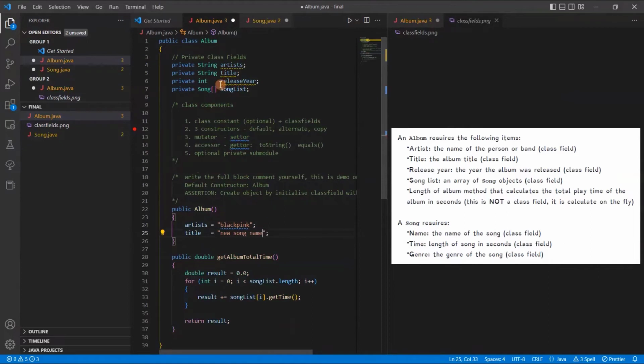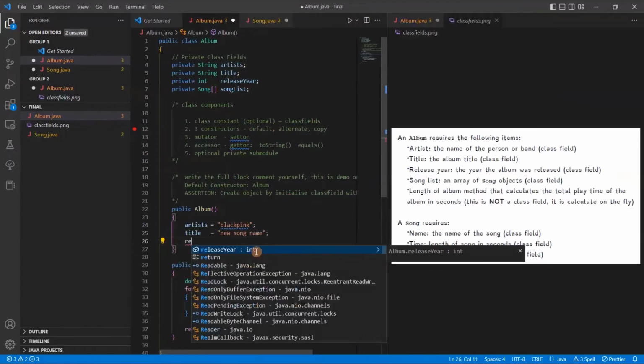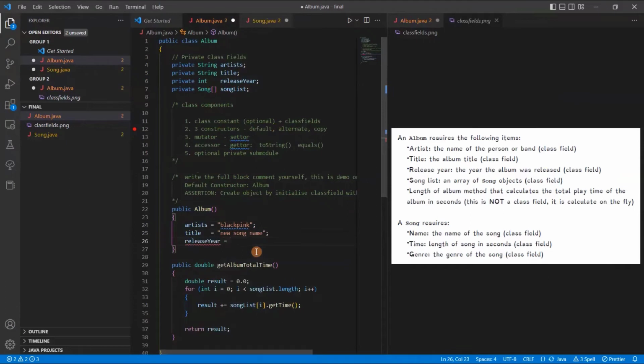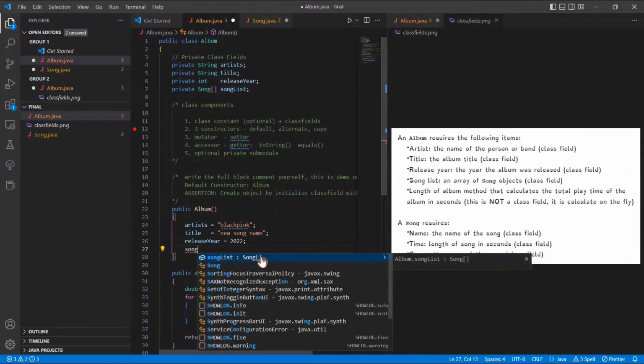Okay, and then we have a release year. The release year, then we initialize it. Release year is equal to, let's say, 2022. And then let's say we need to also initialize the song list. Okay, so song list is equal